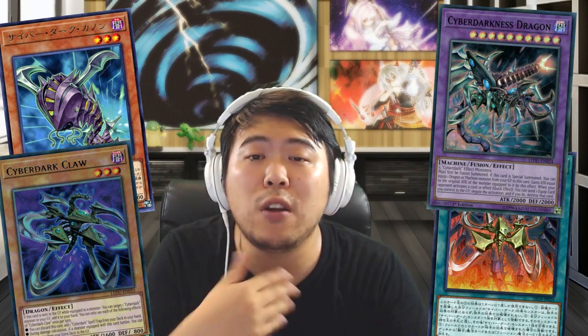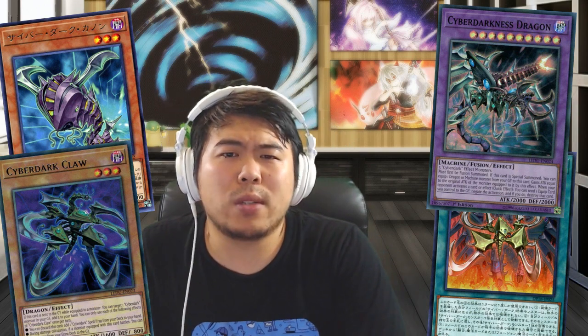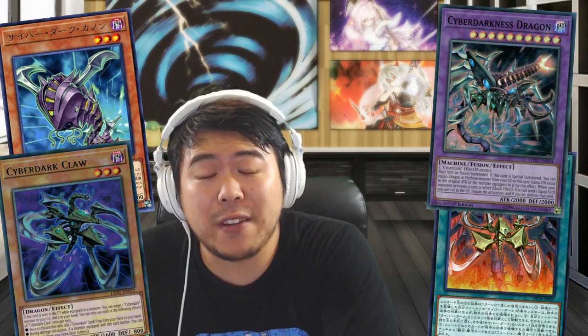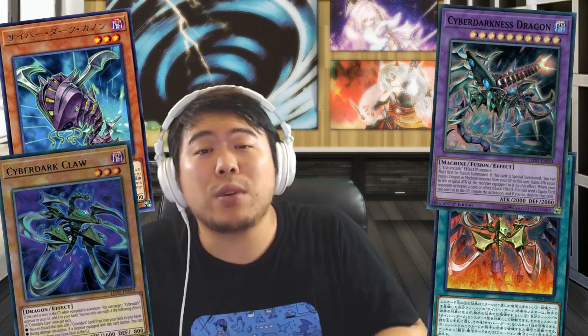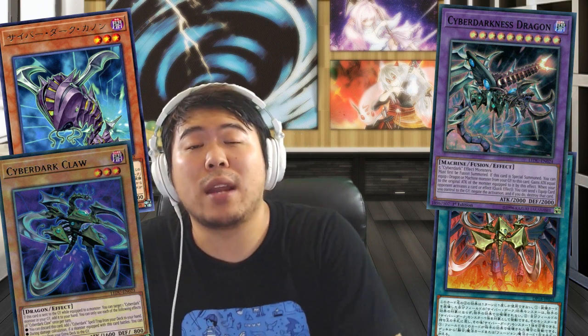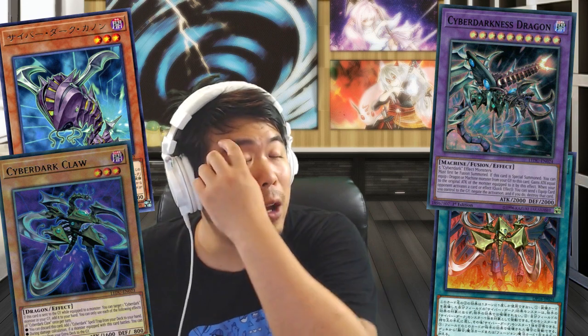Of course, we also get a new fusion-type monster, which is Cyber Darkness Dragon. Well, what's so special about this guy? Well, it requires 5 Cyber Dark monsters, which is a pretty hefty cost to actually summon him out. However, with the new monsters, Cyber Dark Cannon and Cyber Dark Claw, they actually synergize very well because you can